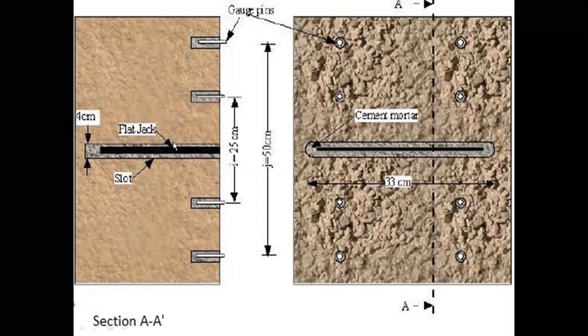Now hydraulic pressure is applied so that the distance between the two sets of pins is restored back to its original distance. At what hydraulic pressure the distance comes back to its original position is a measure of the in situ stress acting on the face. This is exactly the basic principle of working of the flat jack method. Hope this diagram is very clear.